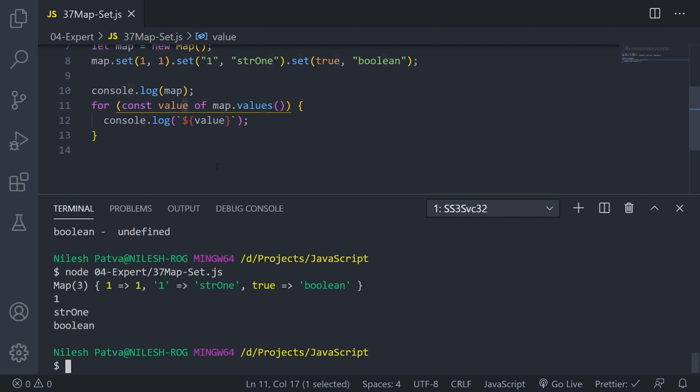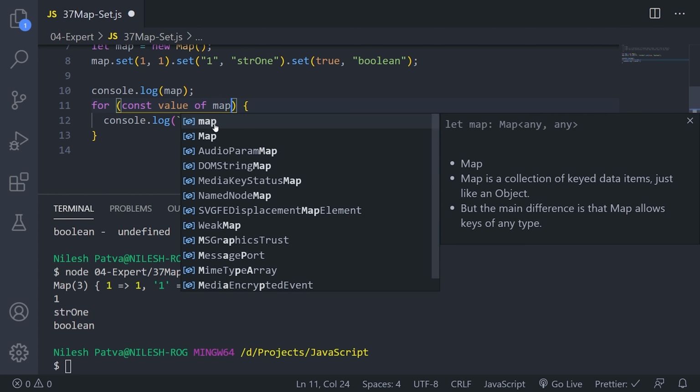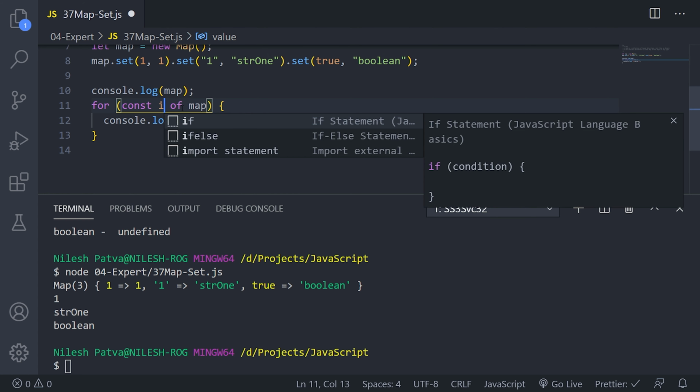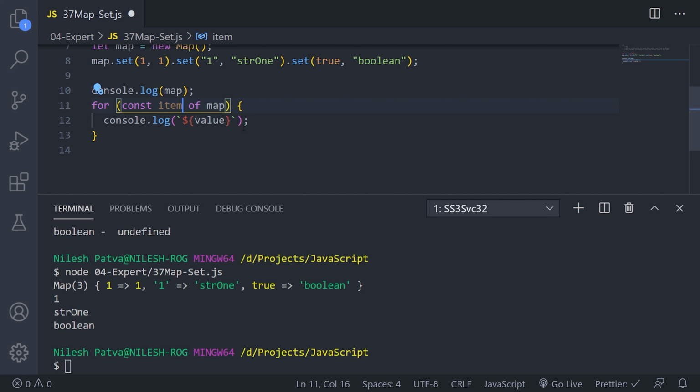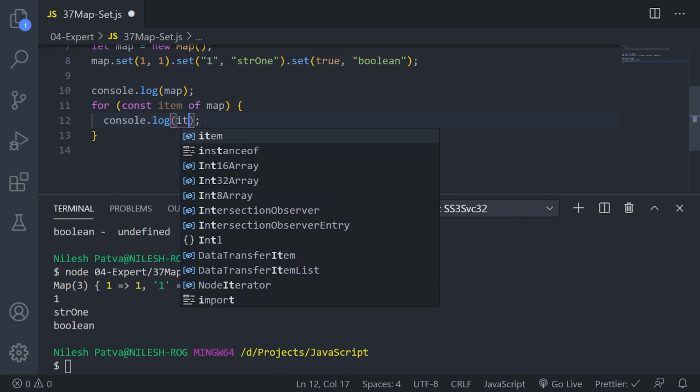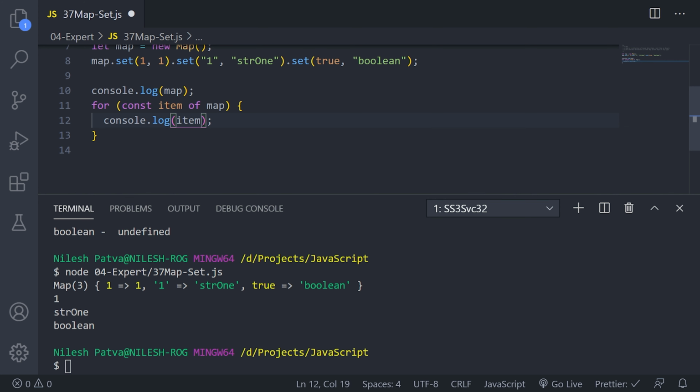And there is one more way you can do this. We have entries. I mean, map has the entries, right? So if I type something like this, and I give item here, and remove this part, let me show it to you, item, and check what happens.